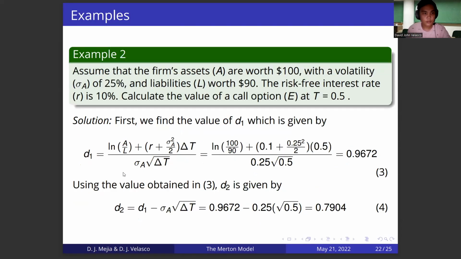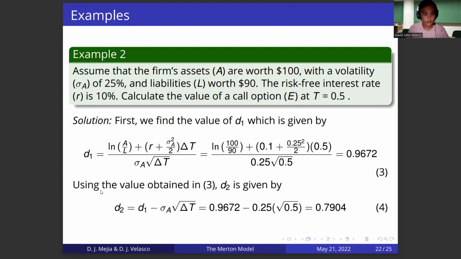For the second one, assume that the firm's assets are worth $100 with a volatility of 25% and liabilities worth $90. The risk-free interest rate is 10%. Calculate the value of a call option at t equals 0.5. For the solution, first we find the value of d sub 1, which is given by this equation. And we substitute the values to get